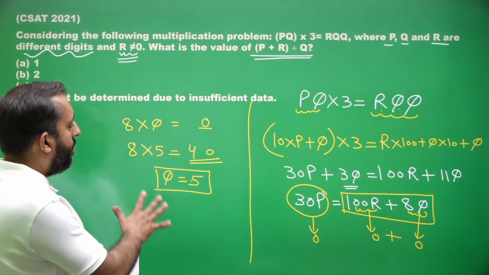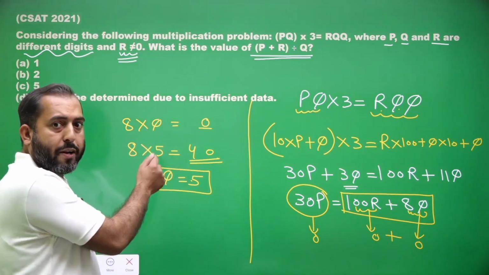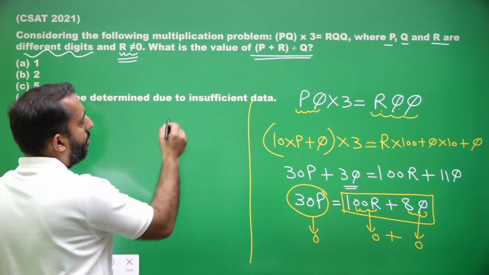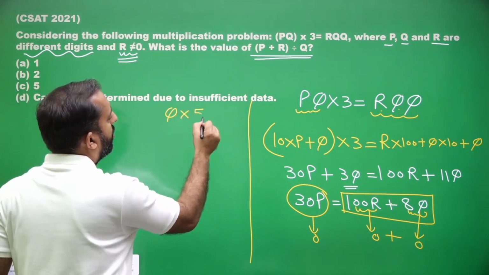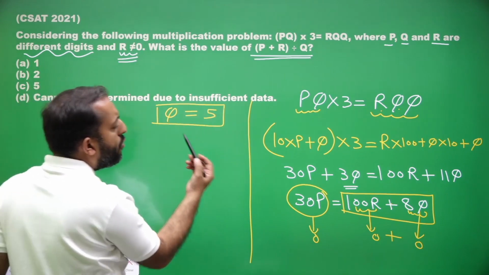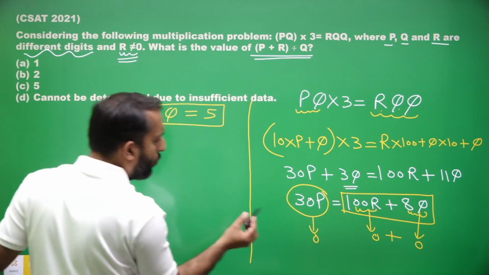All right. I just want to erase this. Please make a note of it. So the value of Q is 5. Now, if I insert this value of Q equal to 5 in this equation, I will be getting